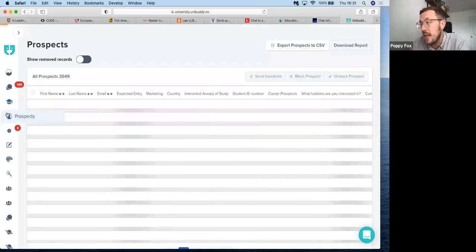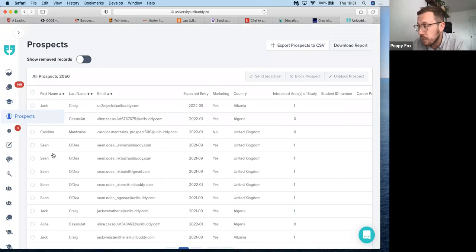All of your prospect data comes through to the dashboard. So you can see here the name, the email, the expected start date, any of the data points really that you're capturing during that sign-up flow will come through to the dashboard. And then this data can be exported to a CSV file so that you can use that data and roll it into your current means for tracking and monitoring leads. Or this can be connected directly to your CRM system, which means that data is being pushed through automatically to your CRM.